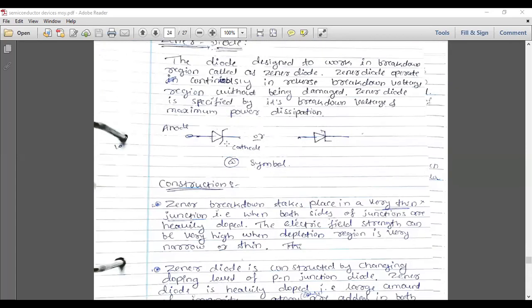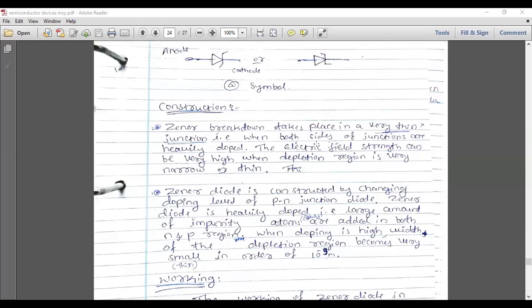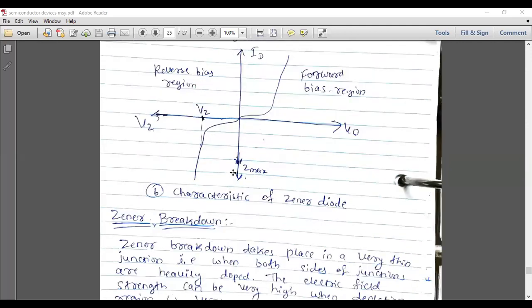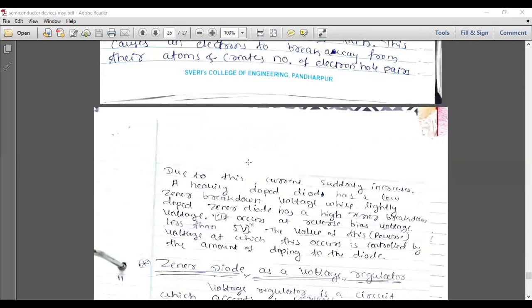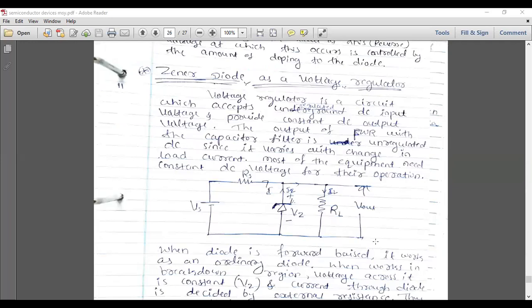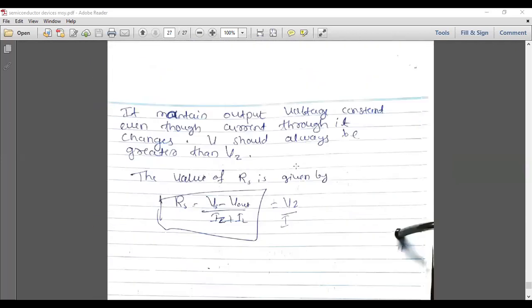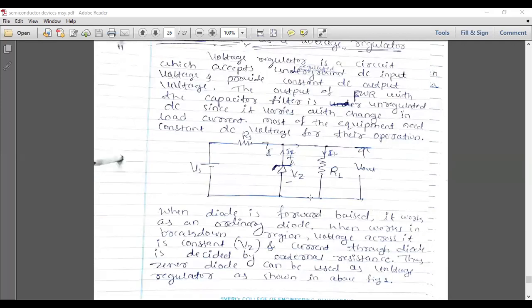This is the Zener diode we can use here. The same symbol, construction and working generally, and this is the characteristics of the Zener diode. Zener breakdown we have used, and this one is the voltage regulation. Zener diode as a voltage regulator we have used here now. Across the load resistance, we have to maintain a constant voltage. We have to mention all the things we have written in this form. Some equations are also there. The resistance RS is given here now. Is it clear?